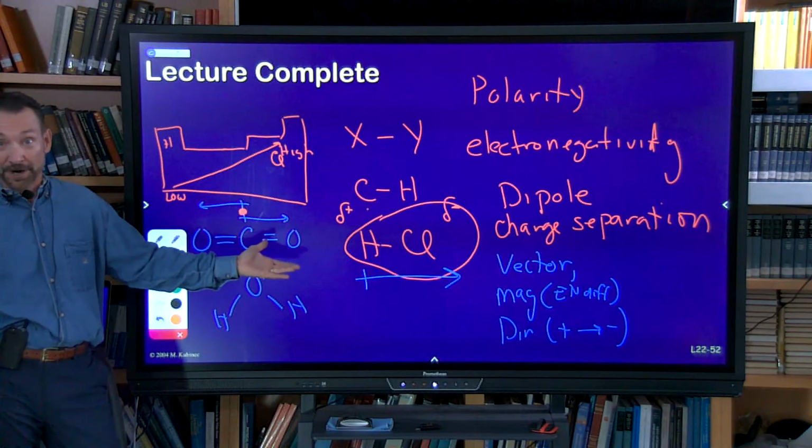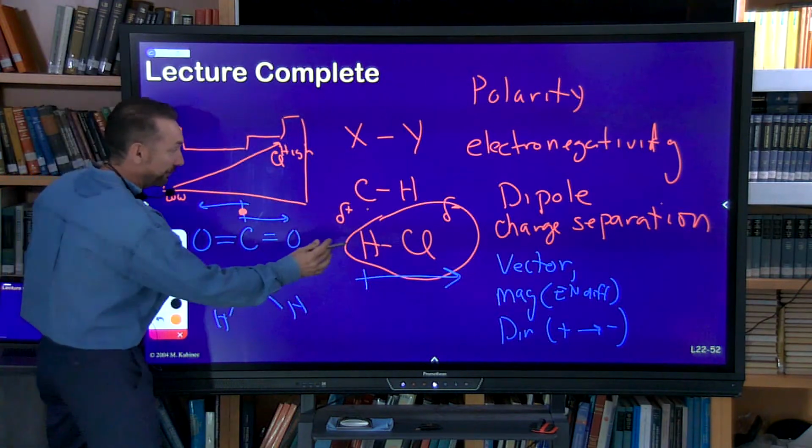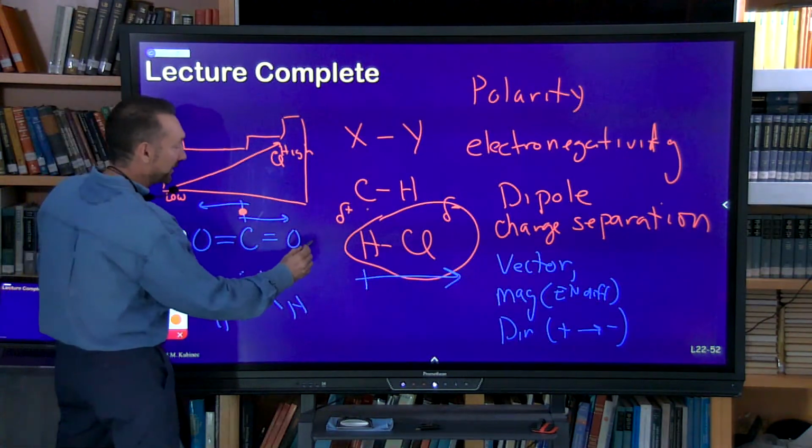But that's also pretty rare. So many molecules have dipole moments, and one of the reasons we talk about dipole moments is because of a question I can ask you: